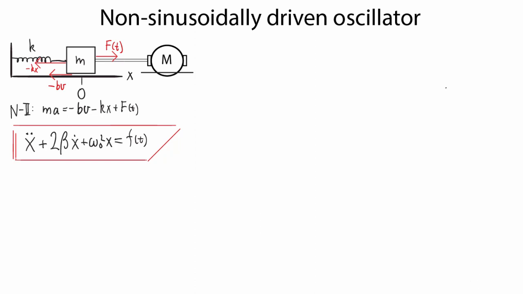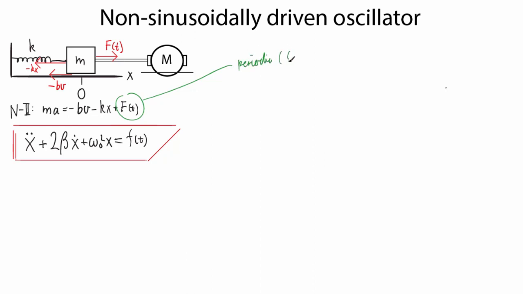In this final video in the oscillator module, I'm going to treat the case of a damped oscillator that's driven by a periodic but non-sinusoidal force. So the situation is the same as previously. We have an oscillator with a restoring force, a damping force, and a driving force from this motor, which has some explicit time dependence. That gives us this differential equation by applying Newton's second law. And what we're doing differently this time, as I said, is that this force is